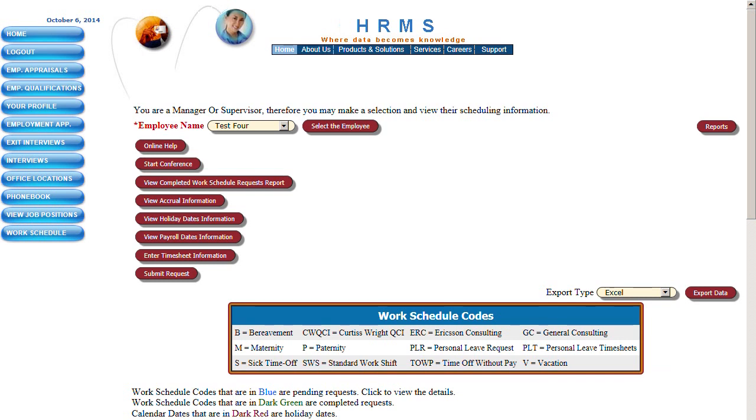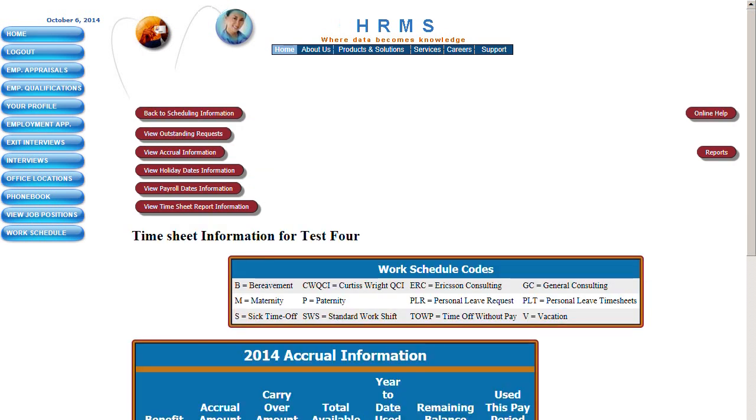in our example, Test 4, should log into their personal calendar for the purpose of reviewing and accepting or declining their employee timesheets which have been submitted for final approval. From their personal calendar, Test 4 would select Enter Timesheet Information and the following screen will be displayed. Test 4 would select the View Outstanding Request Report button, which will list all outstanding timesheets which are awaiting approval